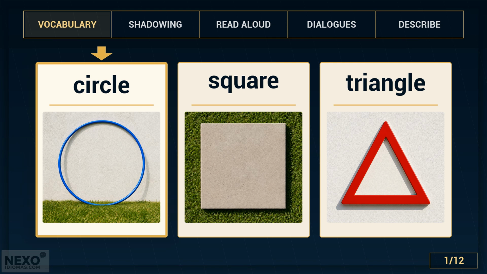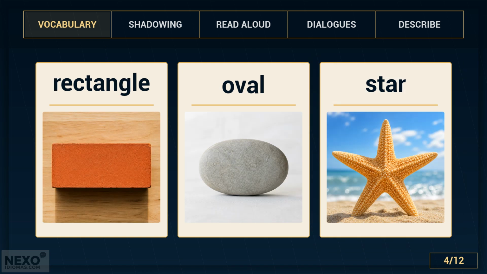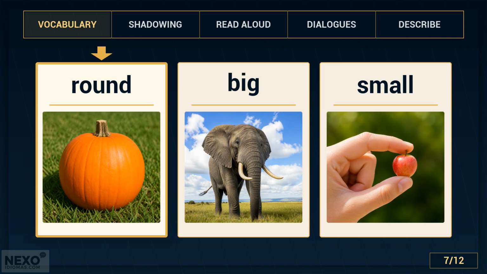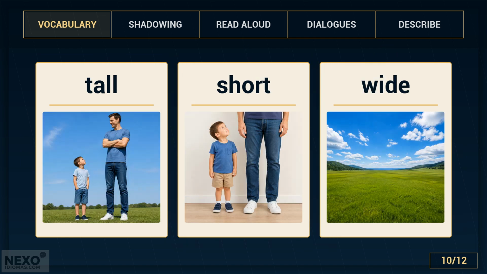Circle, square, triangle, rectangle, oval, star, round, big, small, tall, short, wide,